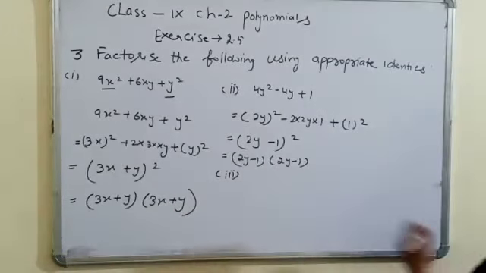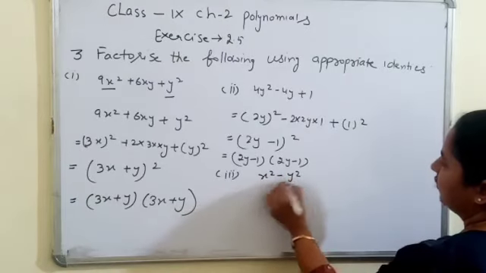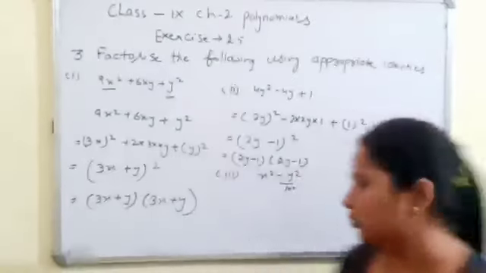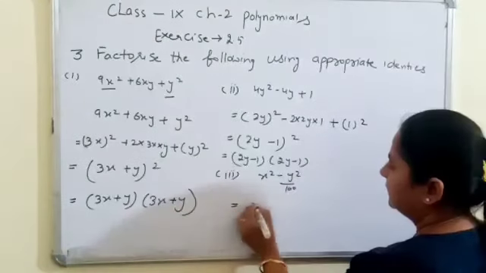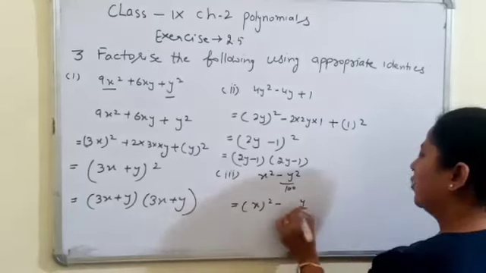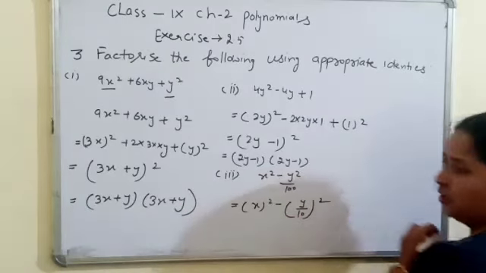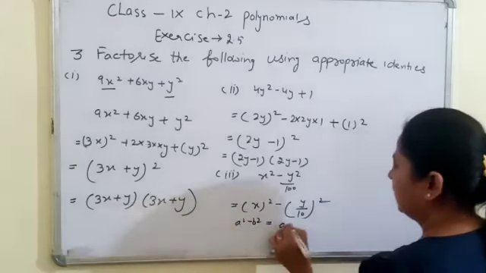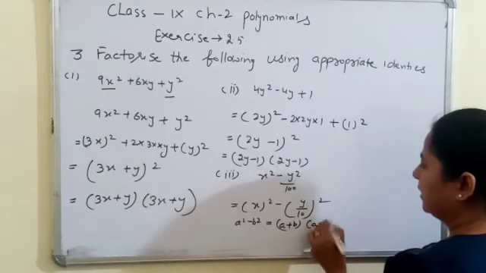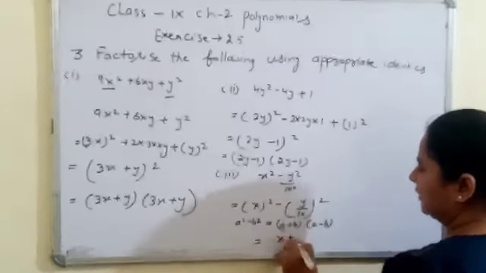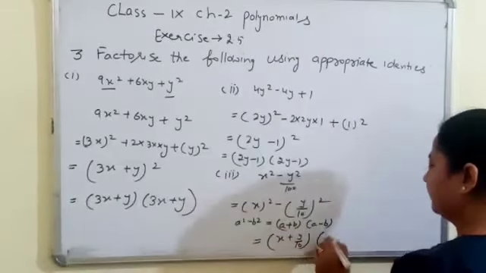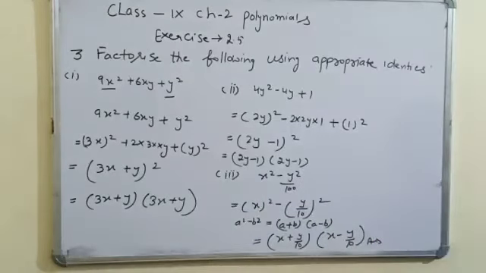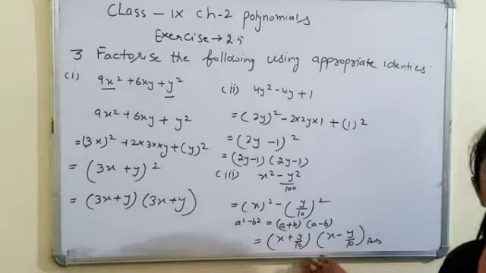Third is x square minus y square upon 100. Hope you can easily identify which factors we can make for this question. a square minus b square: x is the perfect square of itself, y square by 100 is the perfect square of y by 10. a square minus b square will be equal to (a plus b)(a minus b). So a square minus b square equals (a plus b)(a minus b). Now these were the answers for question 3. Hope it's clear to you. Thanks for watching.